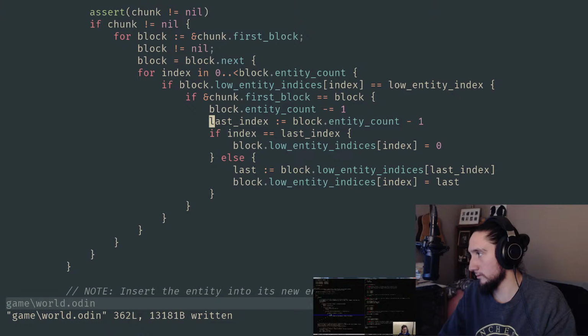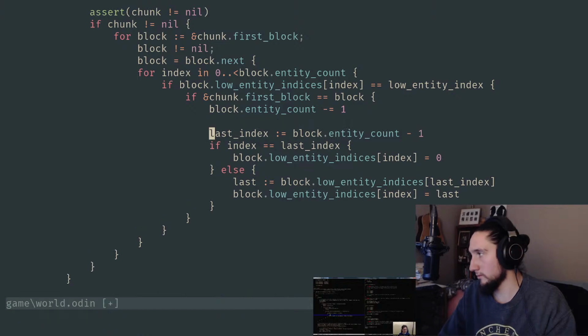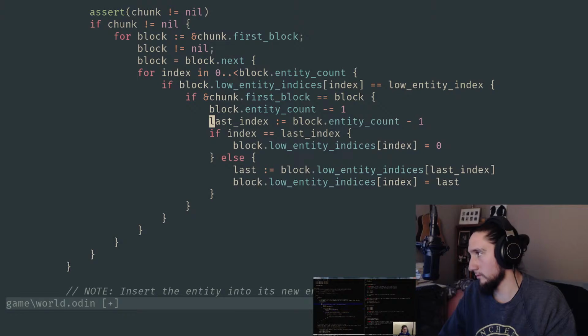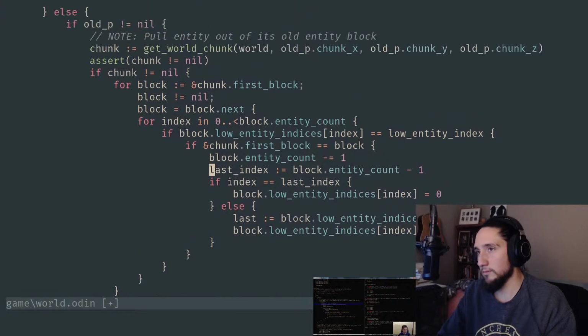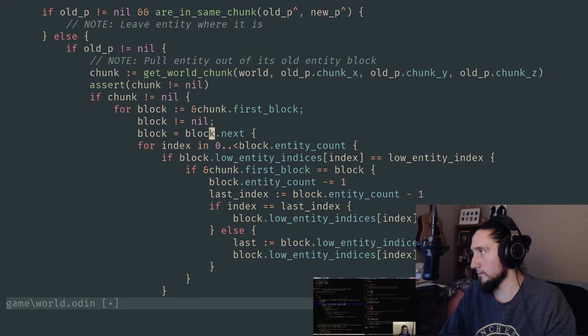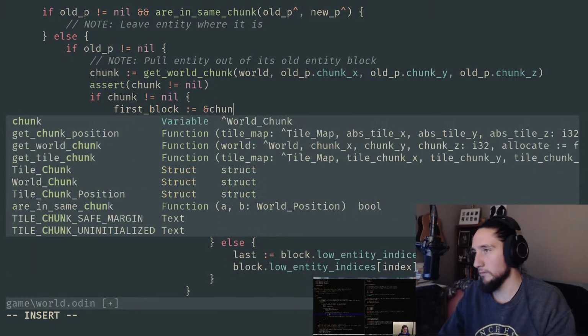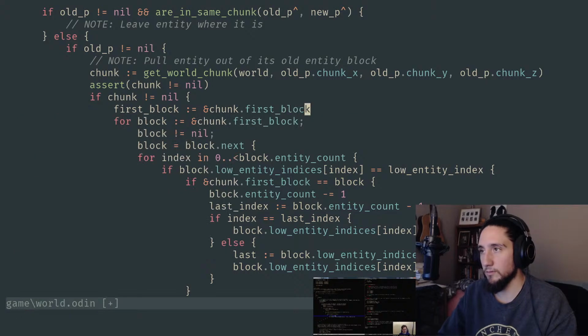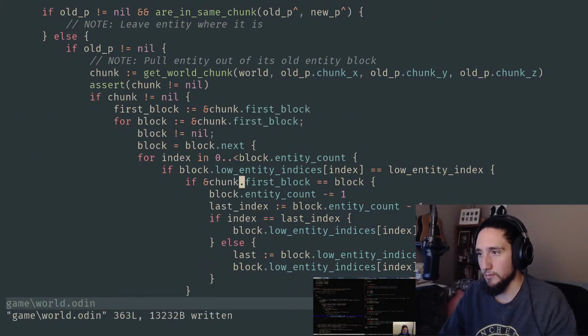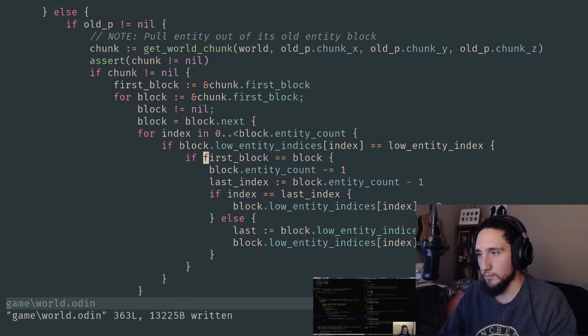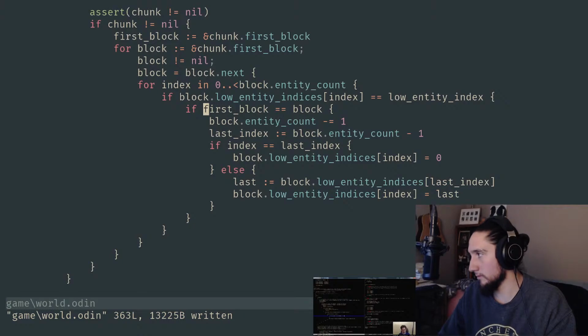Well, I actually have one other thing that I want to do. I want to see if that first block, and, you know what, I think I'm going to introduce an actual pointer here called first block. So I'm going to just go ahead and do that. So I can say first block equals chunk first block, like so. So first things first, if there was only one entity in the first block is really what I should be checking in this case. So if the first block equals a block, if the first block entity count equals 1, right? So if me removing this guy is basically going to cause this block to go away,